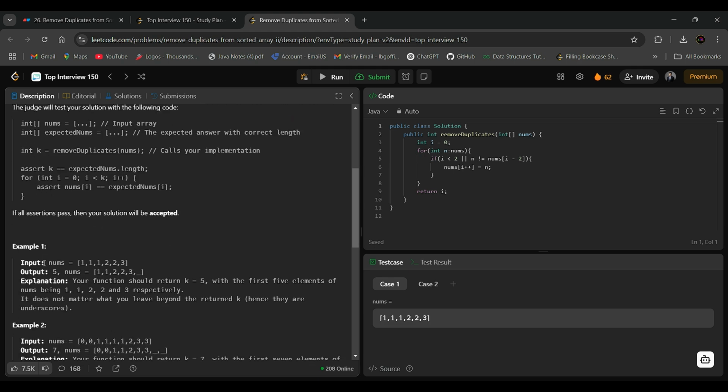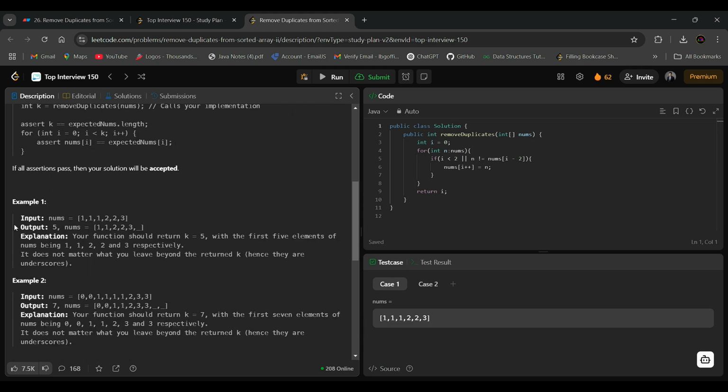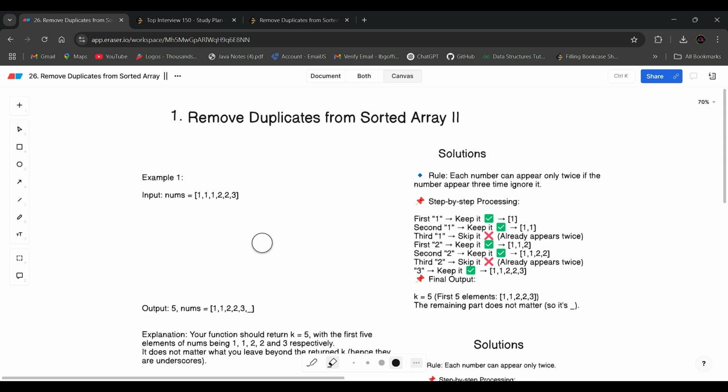Let's take an example, so we tackle this example with some real life reasoning. This is our example input nums: 1, 1, 1, 2, 2, 3. The rule says each number can appear only twice.